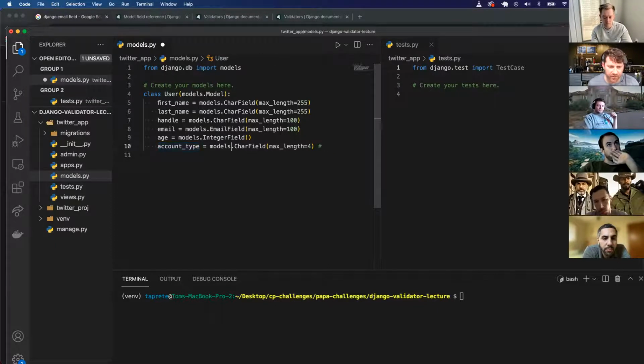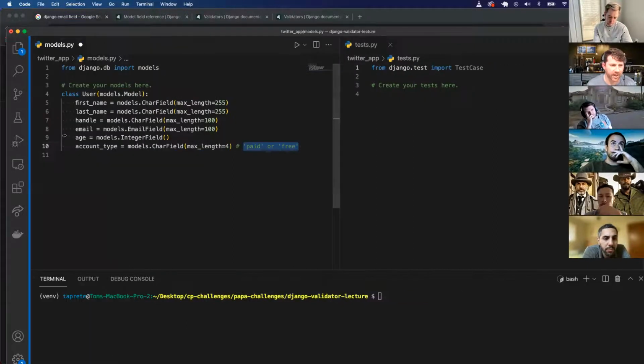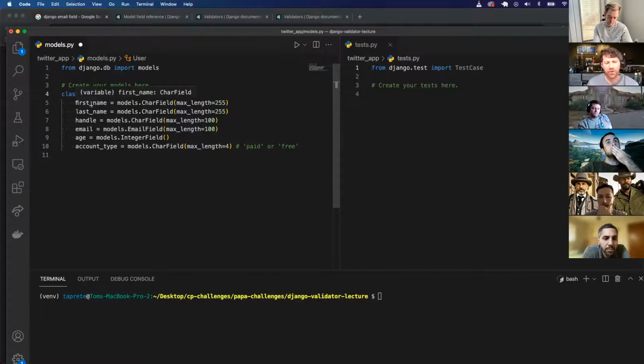And that char field, we're going to have a max length of 4 because we want this to be a paid or a free account. So those are the only two types we want the users to be able to select when they go ahead and sign up. All right. So now we've got our user model, and when a user goes and logs in or signs up,